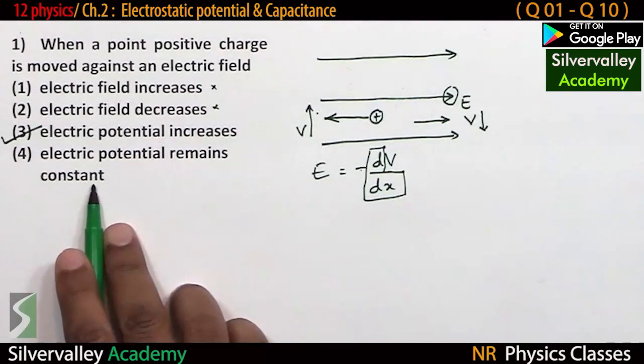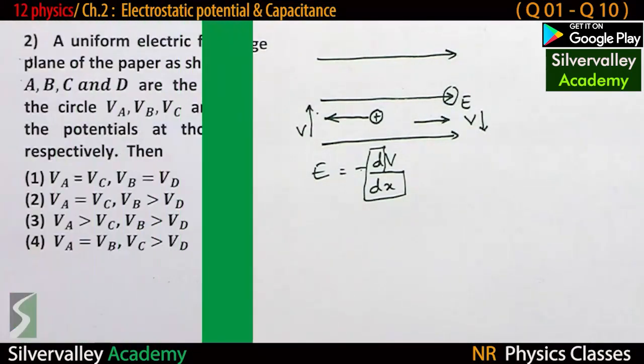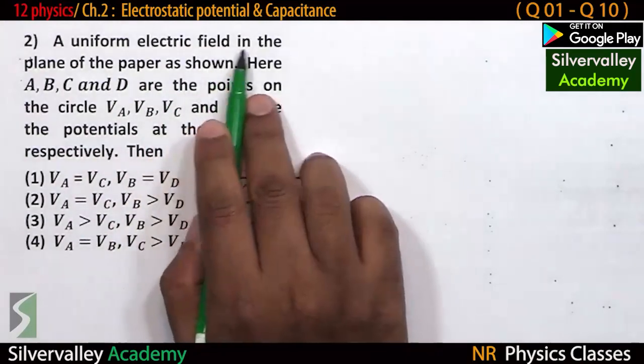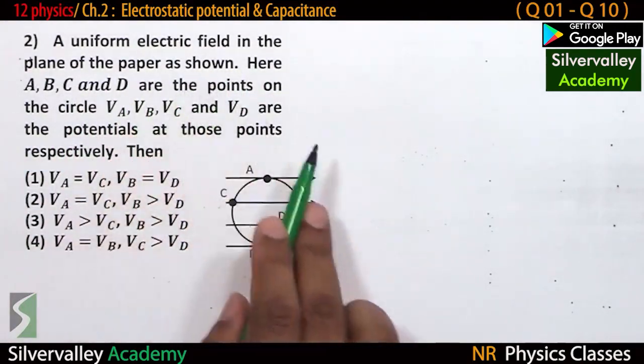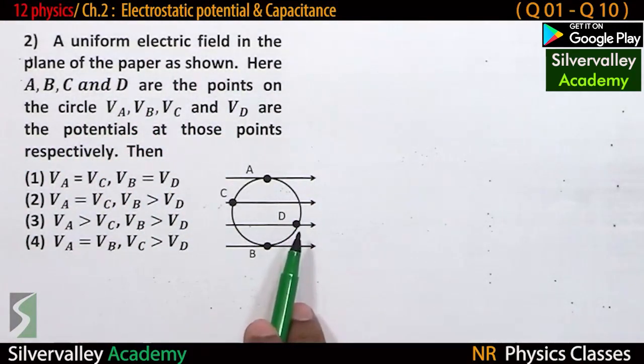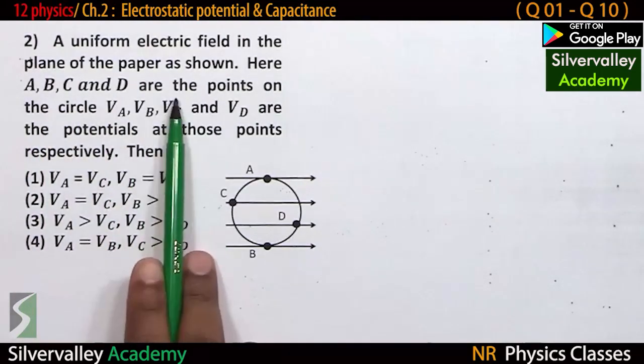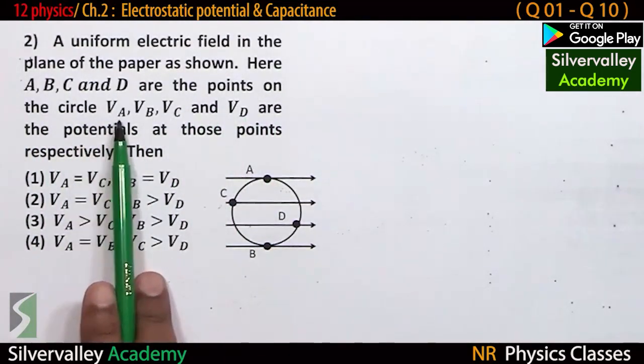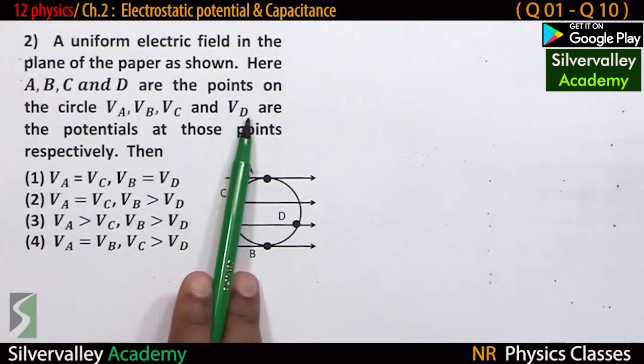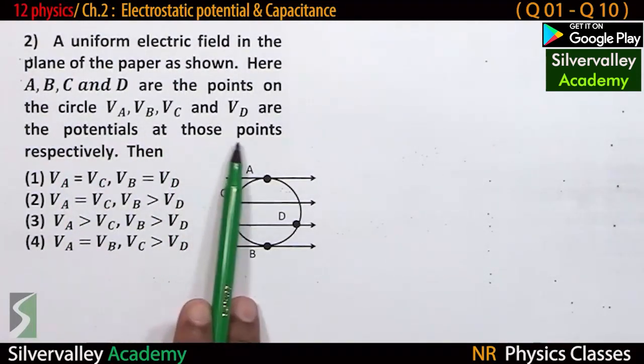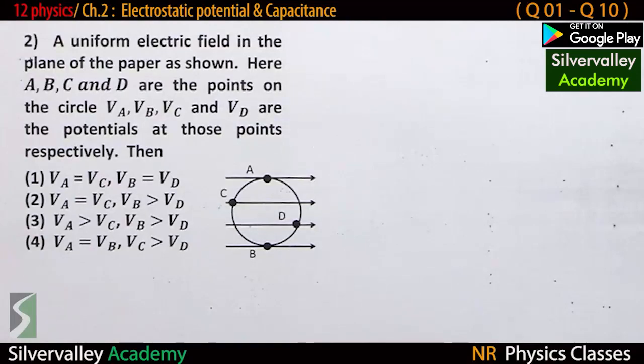Electric potential remains constant. No. A uniform electric field in the plane of the paper is as shown. Here A, B, C, D are points on the circle. VA, VB, VC and VD are the potentials at those points respectively. Then